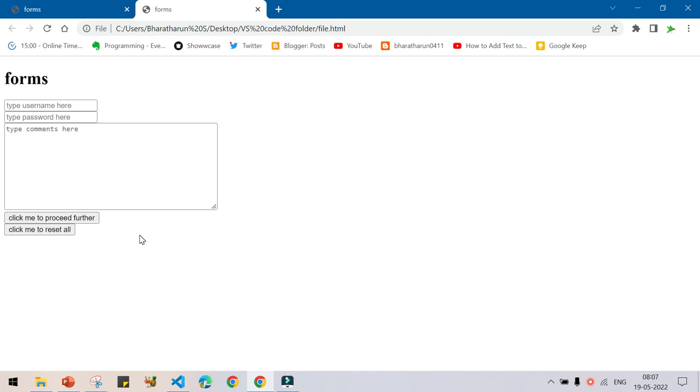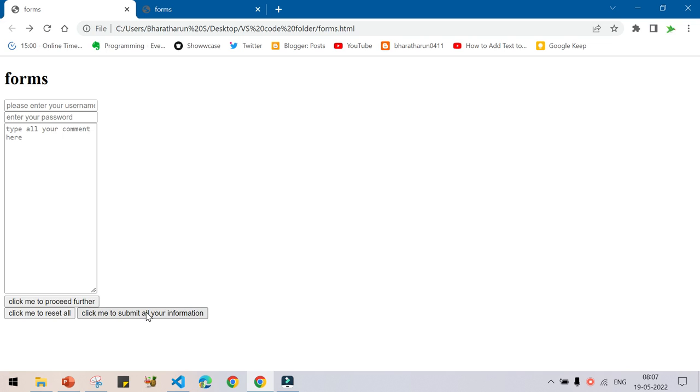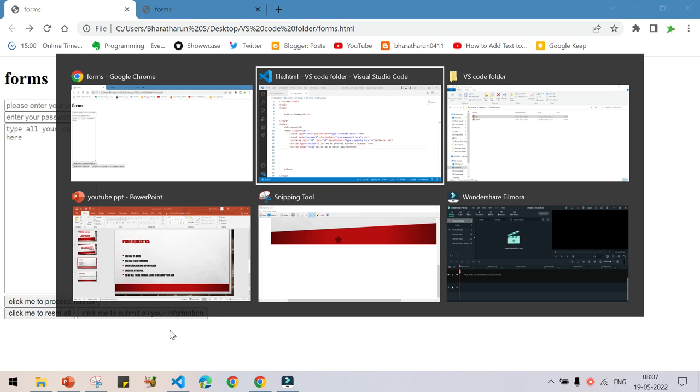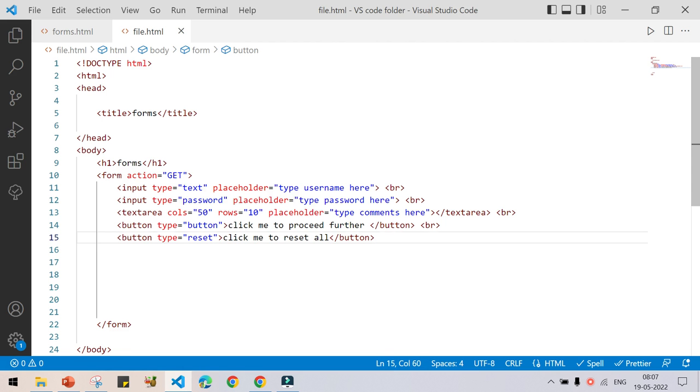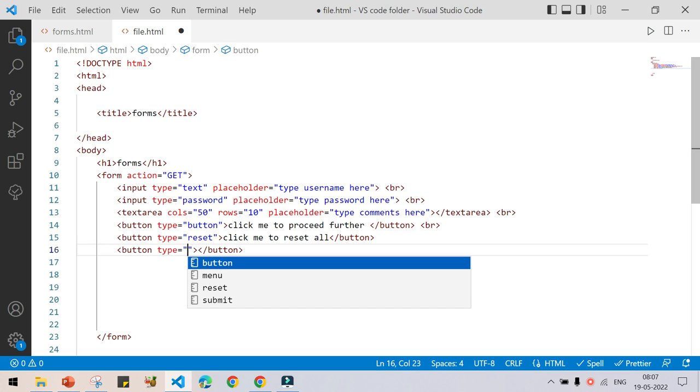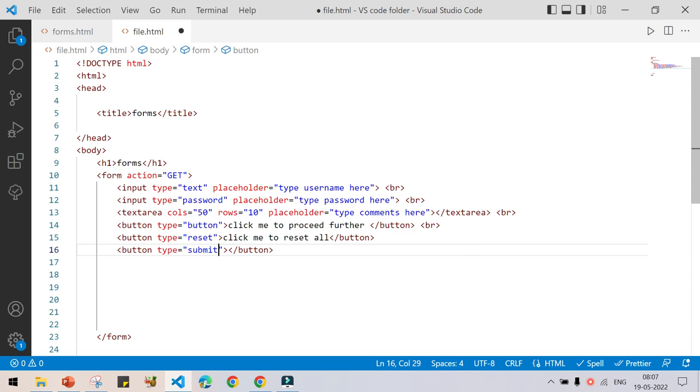Then what you have to do is insert a submit button. If you are clicking on this button, click me to submit all your information, all the information that you wrote in the form will be submitted to the server. So how to do that? Go back to VS Code, type here button and press enter, and inside type equal to, you can see here submit. Okay, press enter and show the message click me to submit all, and press Ctrl S